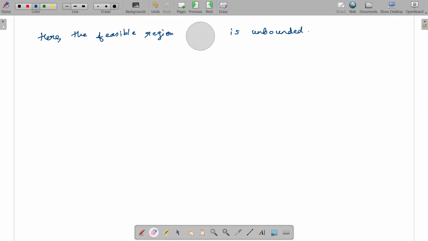No need to write this. Feasible region is unbounded. Okay, now there is a different method to solve this type of problem. When we get a feasible region that is unbounded, what we have to do is the following. First of all, you have to find the